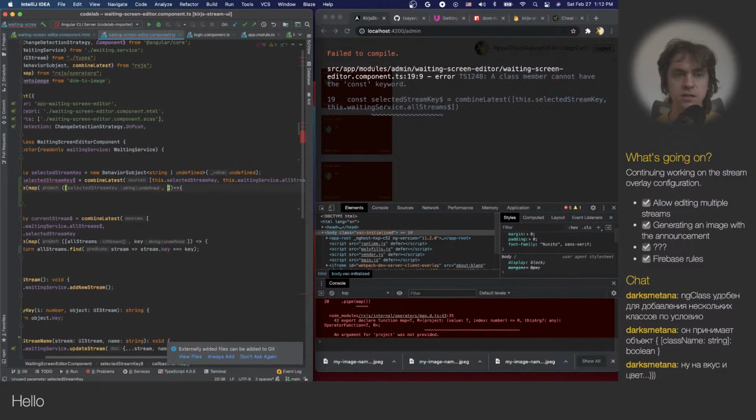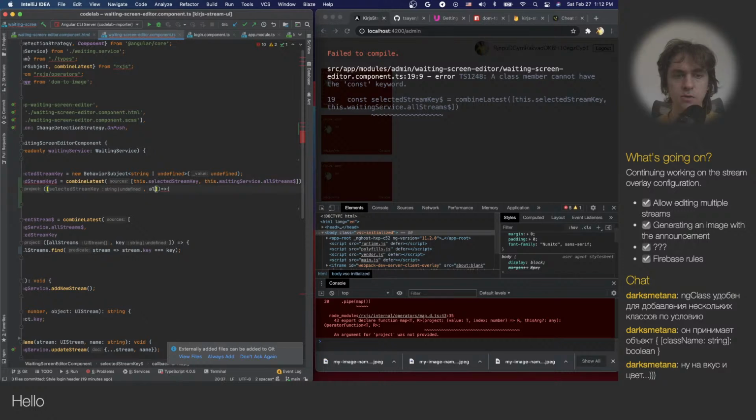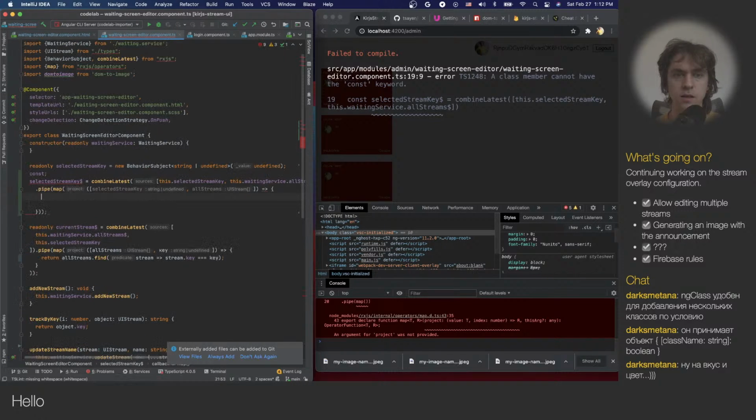So I take selected stream key and I take all streams and then I return selected stream key. What happened? Return selected stream key or all streams 0